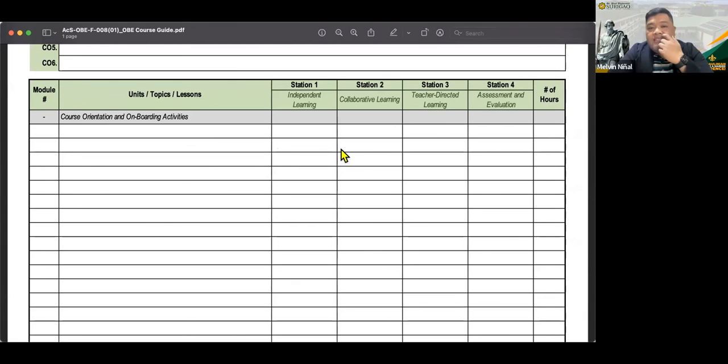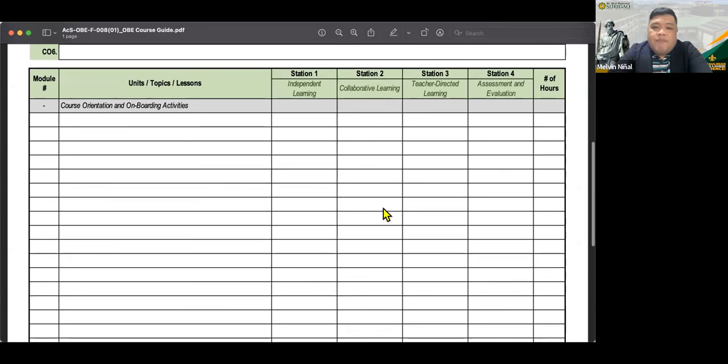So sa reflex framework namin, we have 4 stations. Station 1 is independent learning. Station 2 is collaborative learning. Station 3 is teacher-directed. And Station 4, assessment and evaluation. So yung 16 days ng isang block, it has to be looped through these particular stations. So ang malalagay dito would be yung schedule nila. In the case of Station 1,